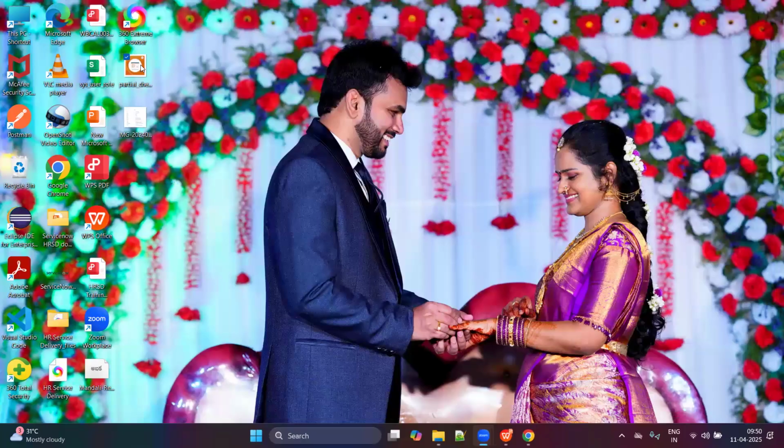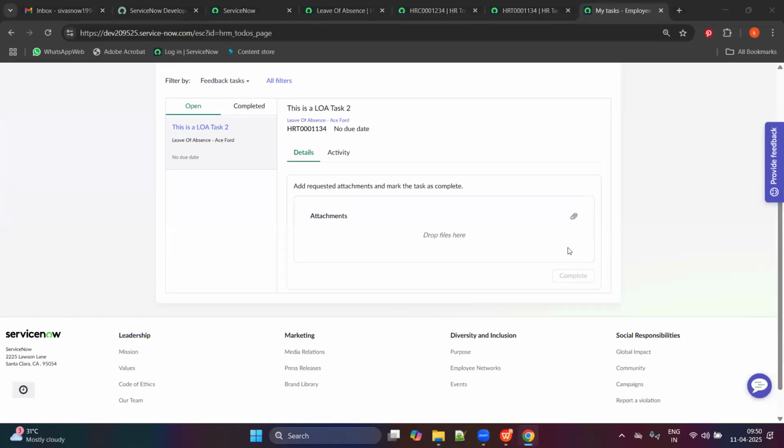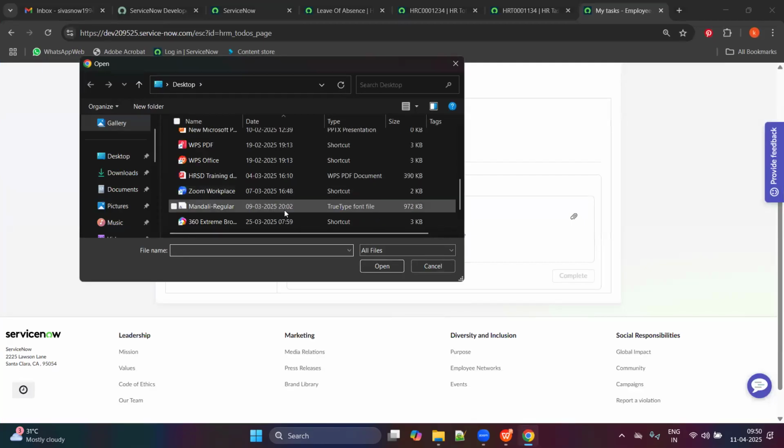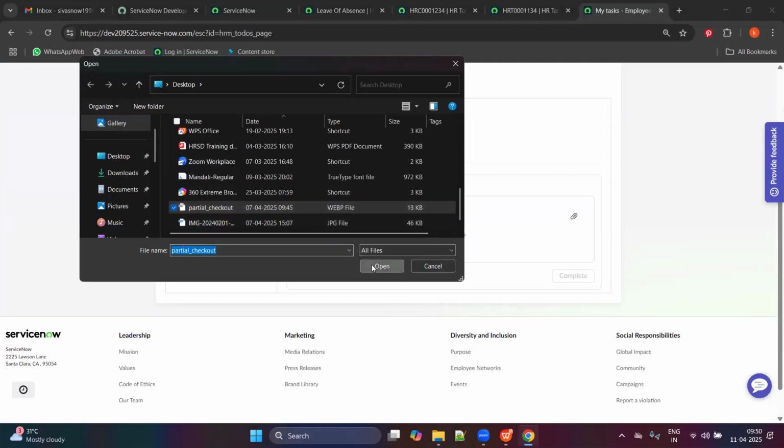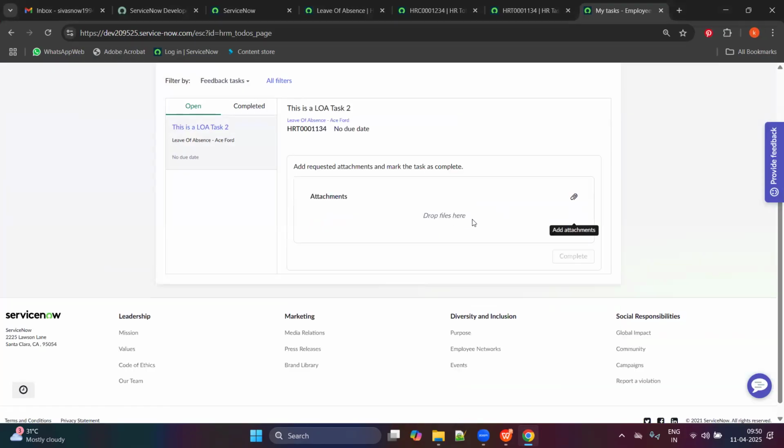Oh, we have a partial checkout image. Let's add that. Okay, guys. Click here and partial checkout open. Right. As soon as you add,